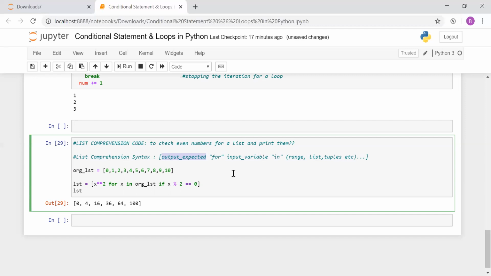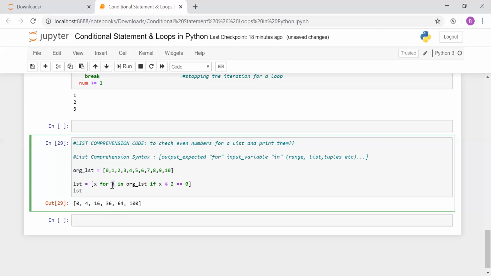Here I have taken a condition and written a list comprehension to check for the even numbers and provide the squares for them. Earlier it was like this, so you must be confused. That's why I will firstly show you this example. We have a list from 0 to 10, and this is our result set, the result set list variable, and this is our output which will come.